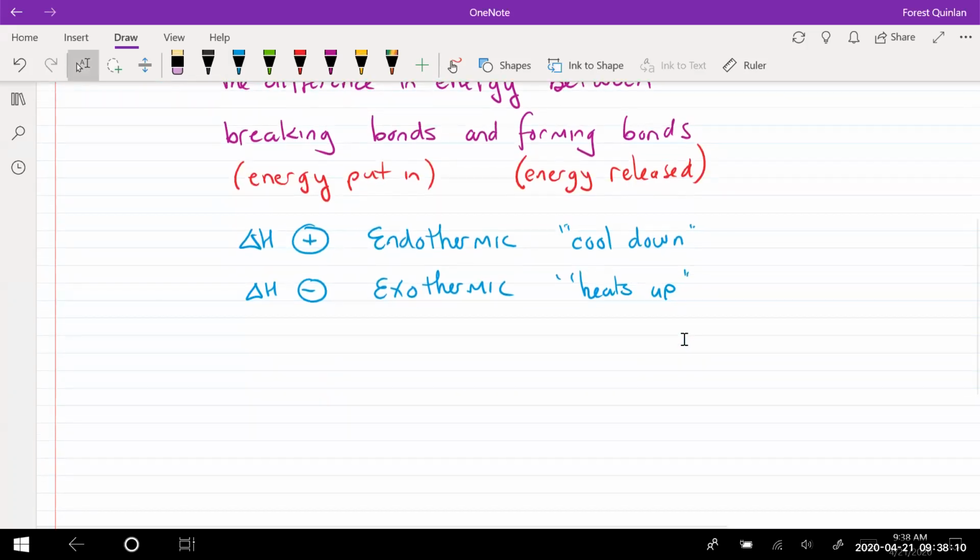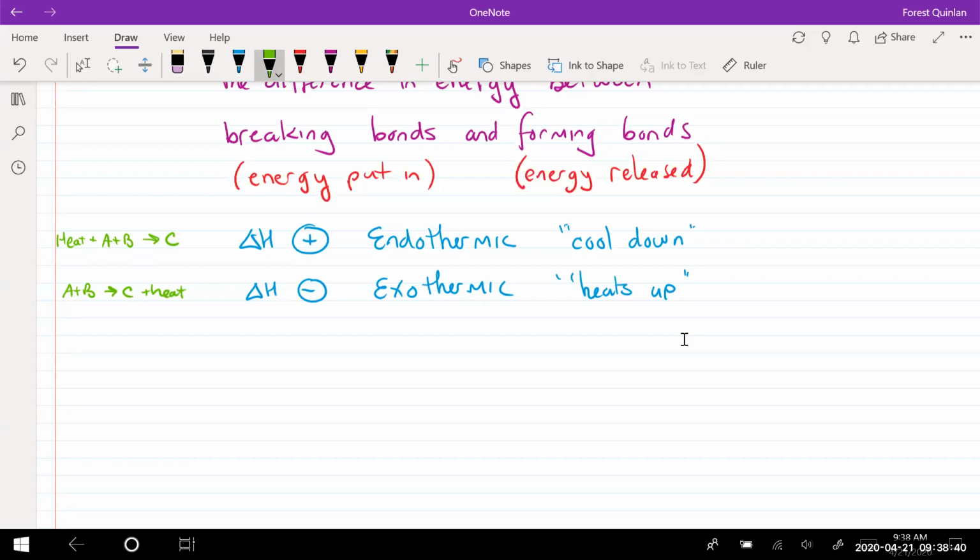Oftentimes the endothermic might look something like, some people put this here, they'll say something like heat plus A plus B goes to make C, so you have to pump energy into it. Whereas exothermic might be A plus B goes to make C, and a bunch of heat is released. So when we talked about